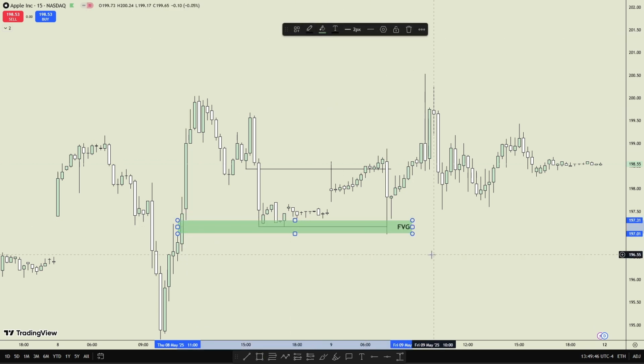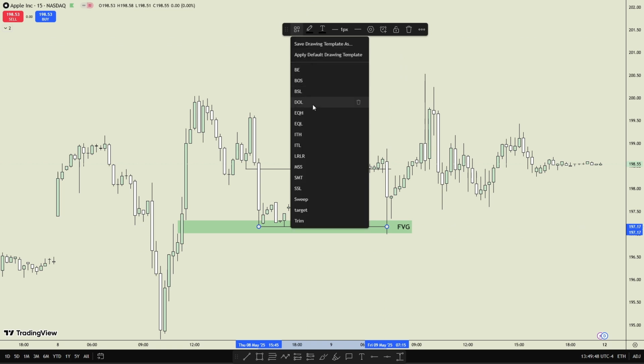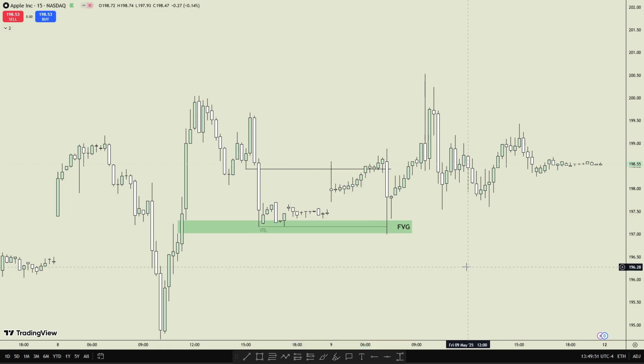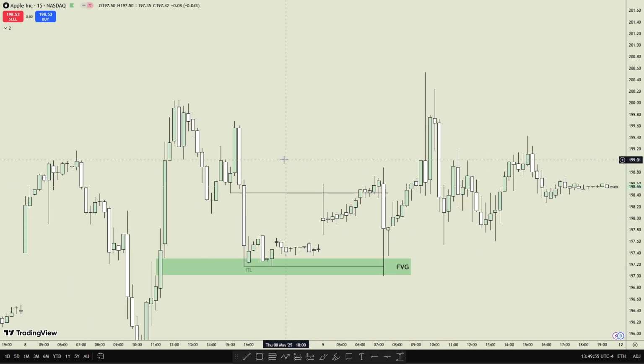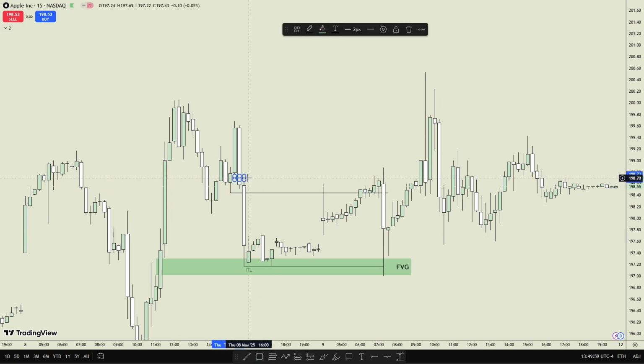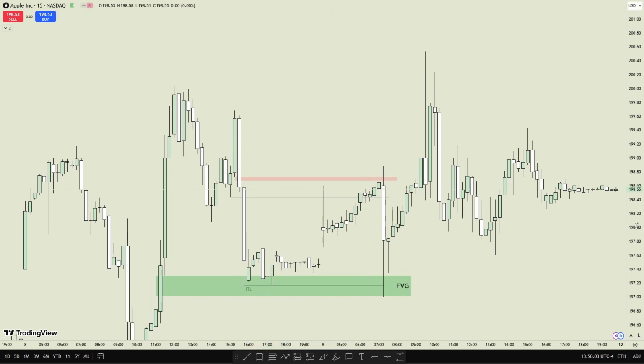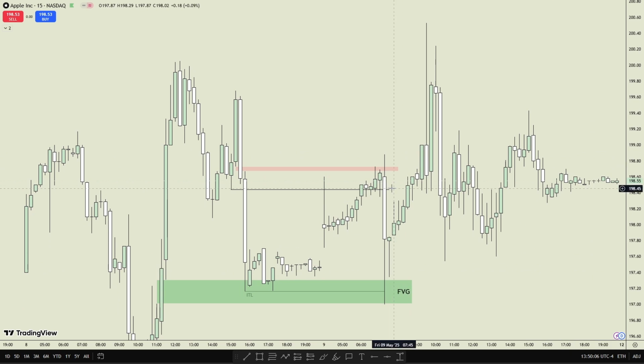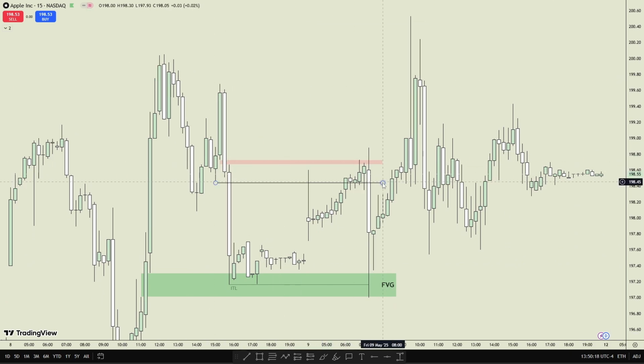Perfect target. I went over what intermediate term lows are in my other videos, the first video of this playlist. So there's your intermediate term low. We also have our 15-minute fair value gap right here. Look how perfectly this has been respected. Here's our breaker block right here, this low down here. So once price has tapped into this breaker block right here,